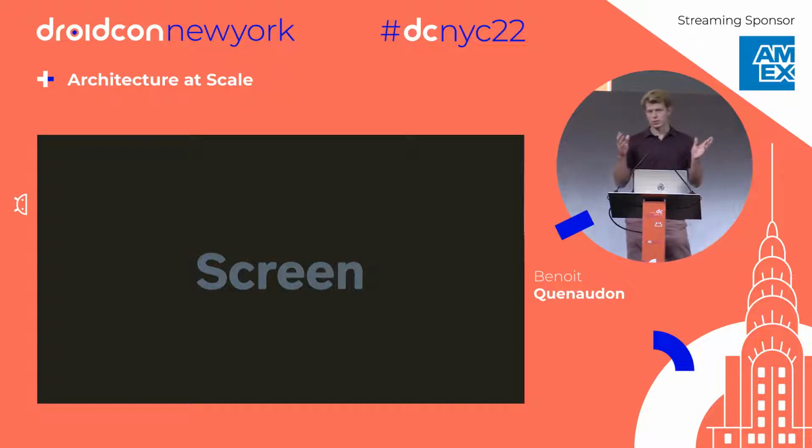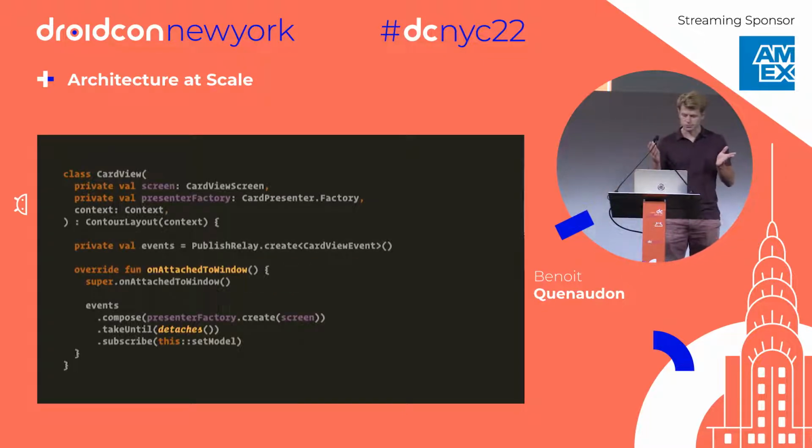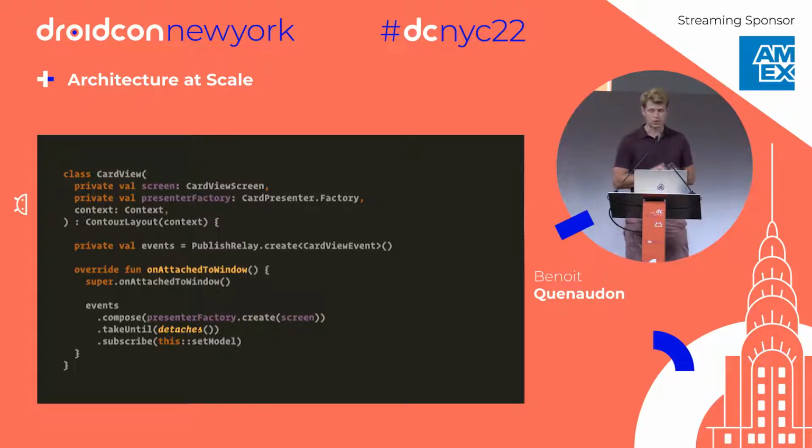So we'll see how we make a screen. Until recently, this is how we would do it. We would have a view in Kotlin, not XML anymore. We would inject the presenter or its factory, and bind the logic within the view, doing fancy Rx things, and it would actually feel pretty all right. But what's not all right is, first, the view knows about the presenter, even though we say it doesn't. If we want to compile the view module, we need to compile all the presenter and the backend, and everything it depends upon. So that sucks. We should not do this. This is old school.